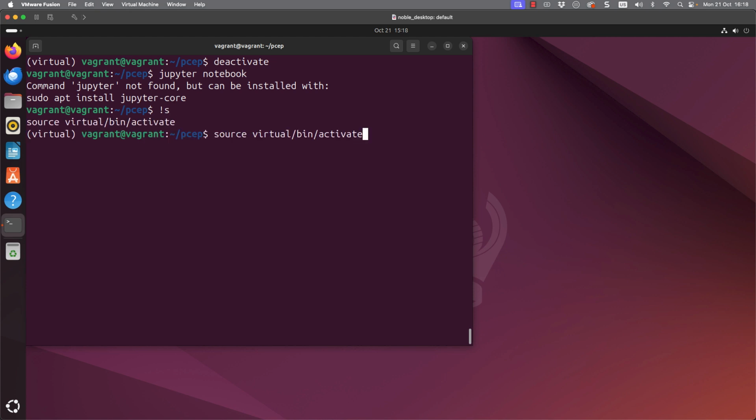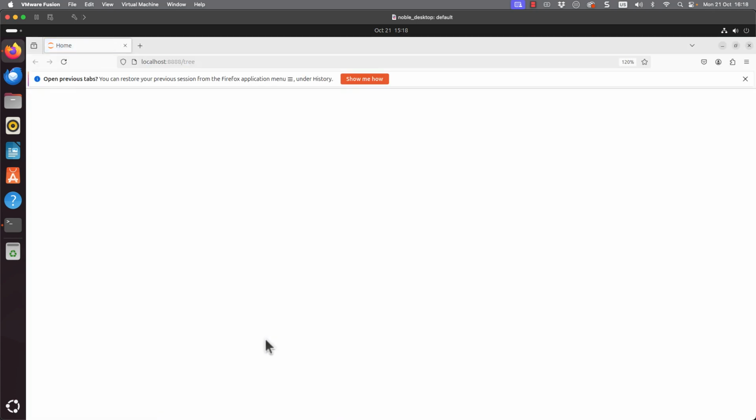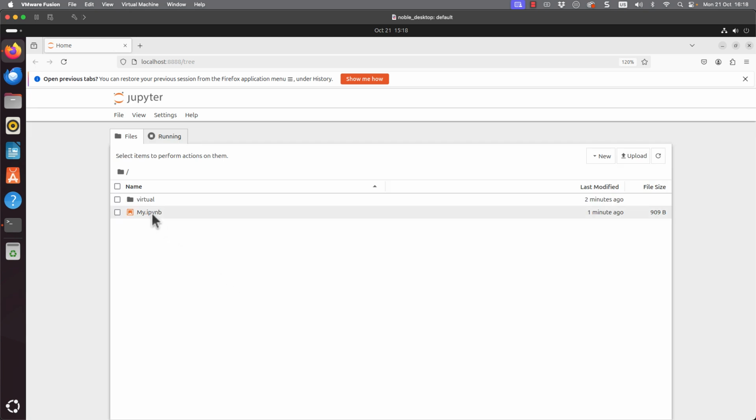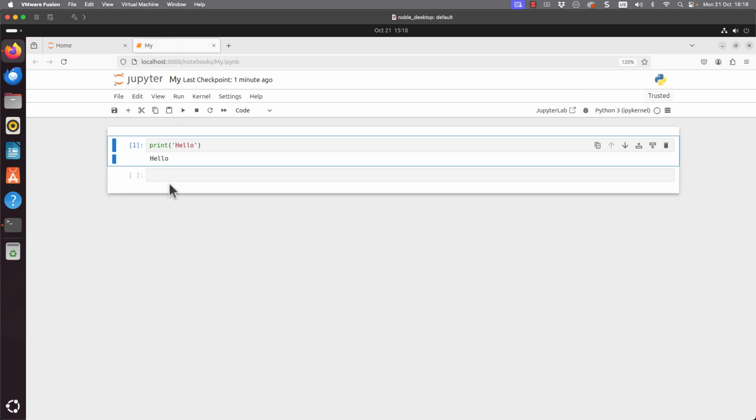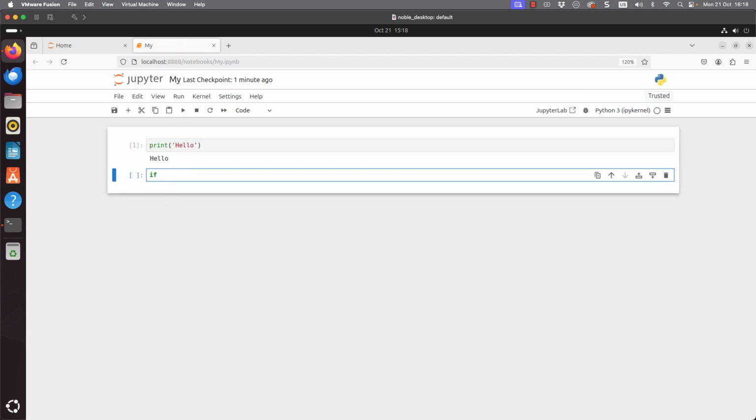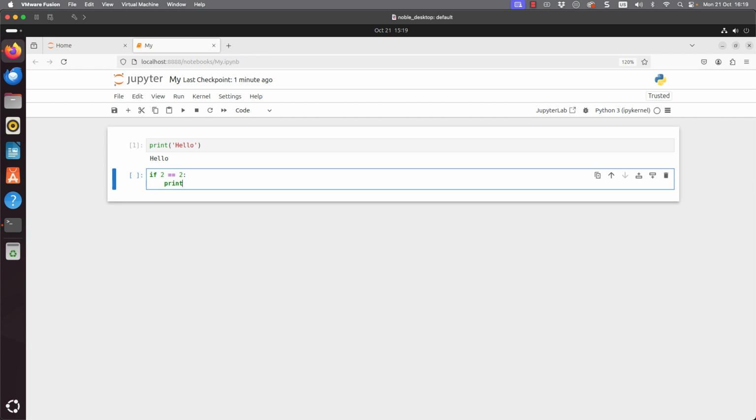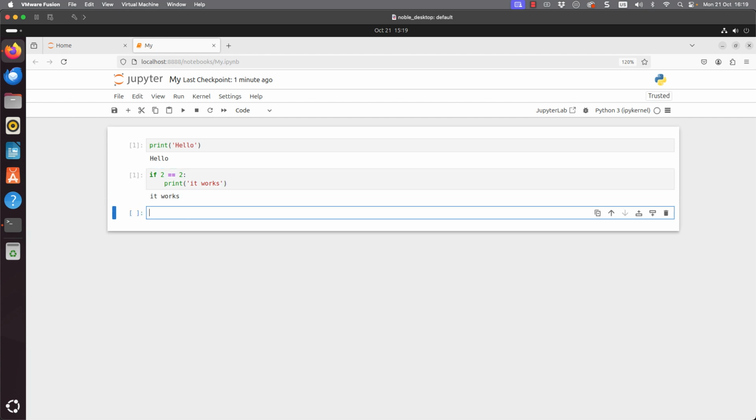We can see the command that was run. My environment is up and running. And of course, I can fire up my Jupyter Notebook again. I can go back to my code, double click on it to open it, and I can extend my code with the if statement. If 2, and we should be very proficient on this as well. So if 2 is equal to 2, running our comparison, we can then go through and say it works. Shift and Enter will run this cell, and we can see then that it is all looking very good.